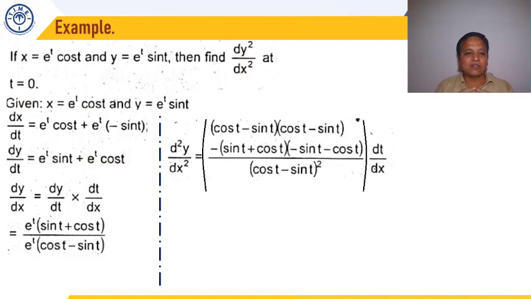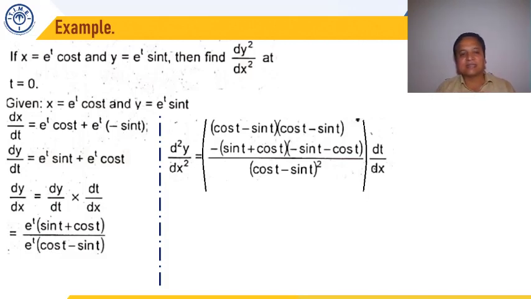Now let's apply the value of the second derivative. Now for the second derivative, we have to not only apply the quotient rule but also multiply later with dt by dx, because this is differentiation with respect to x. So we treat t as x, then later multiply by the differentiation of t with respect to x. Now what does the quotient rule say? Denominator multiplied by differentiation of numerator minus numerator multiplied by differentiation of denominator, upon denominator whole square.